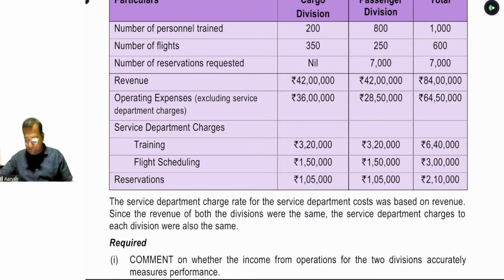Okay, Shivani has answered no. Shivani, tell me the logic beta, because you have to comment on that and you have to provide solid answer regarding why the income from operation currently measured is not accurately measuring the performance of the department. Please provide me the answer in 2 or 3 lines beta, है ना।